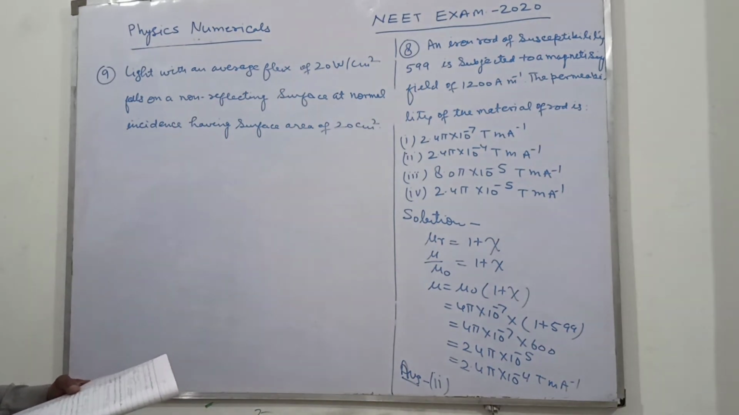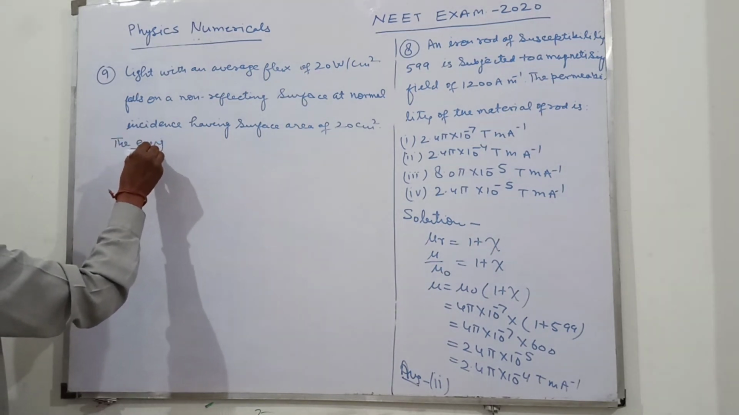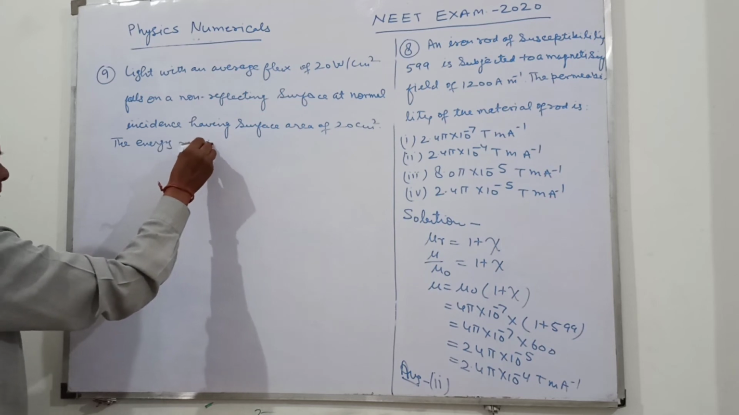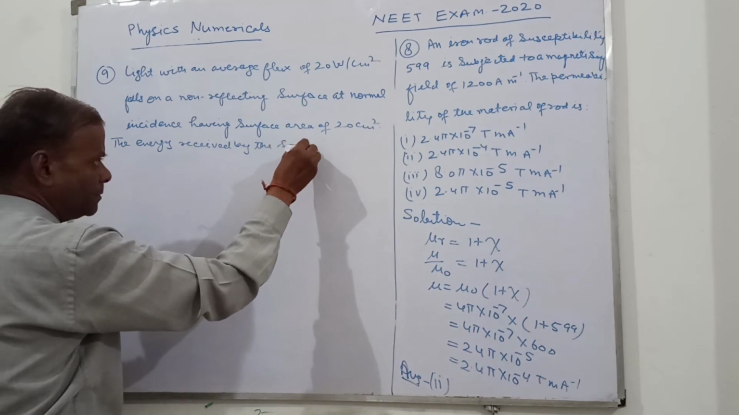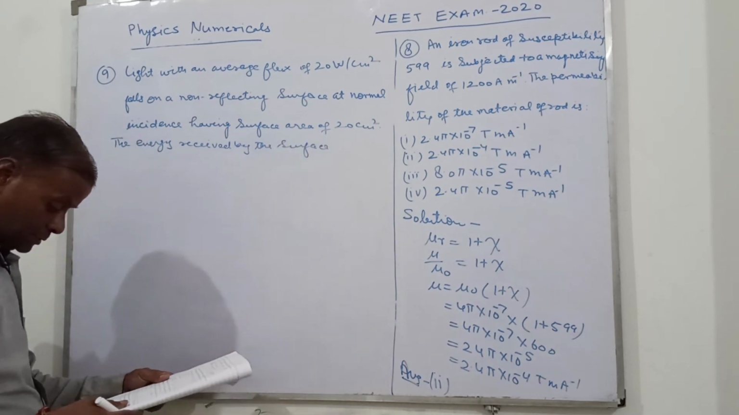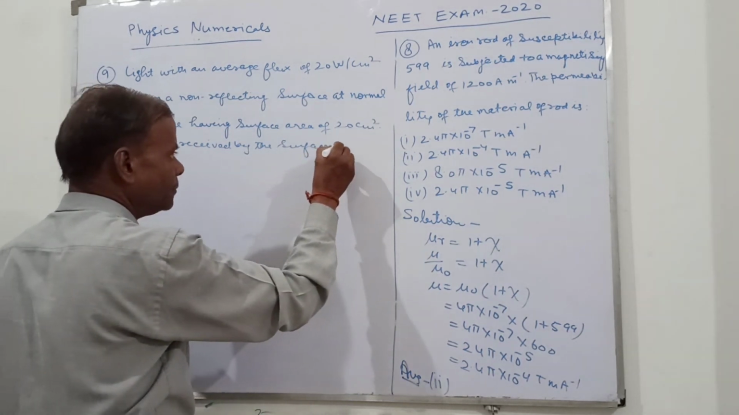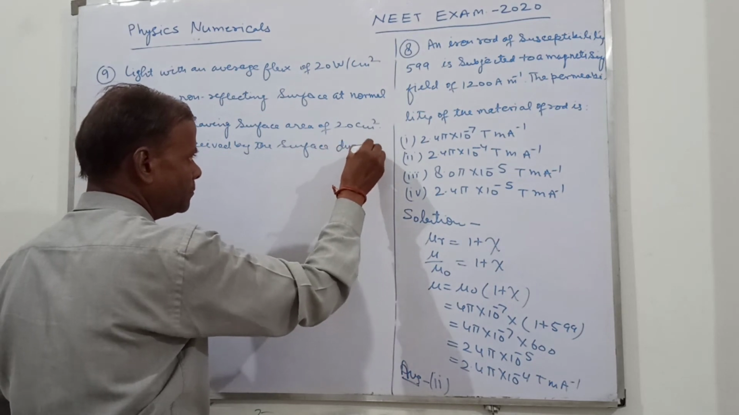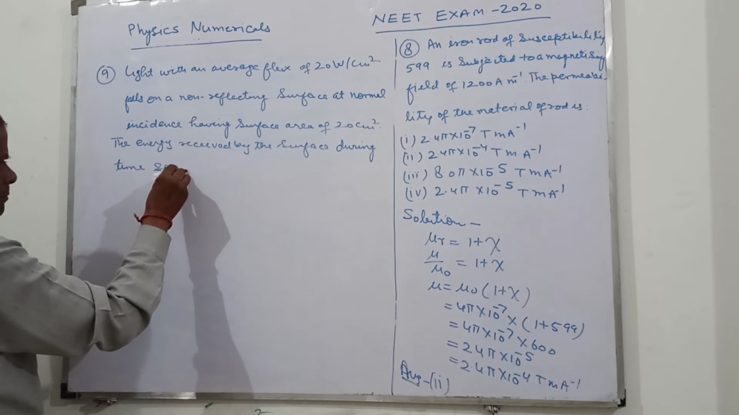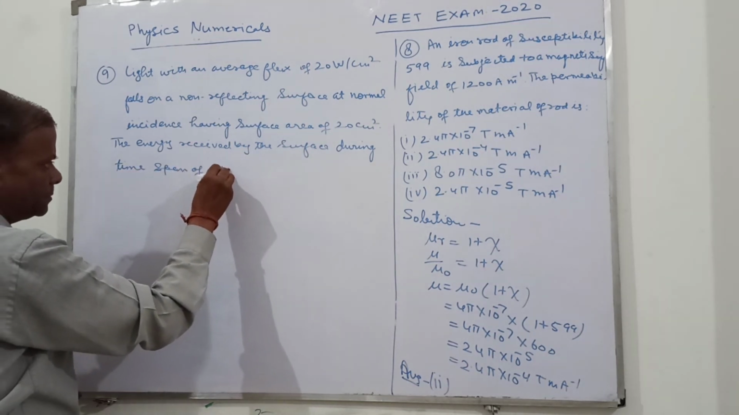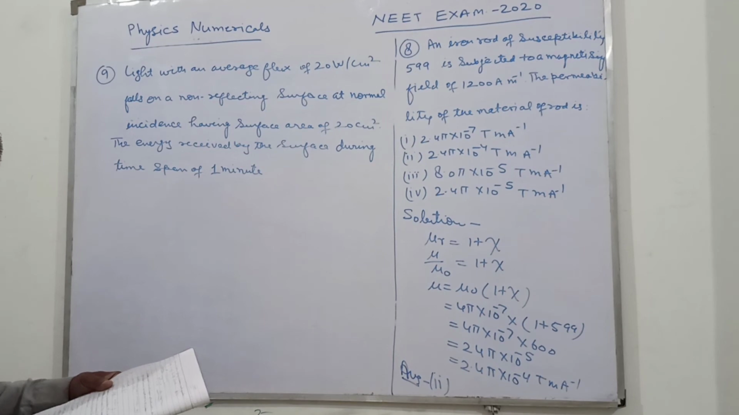The energy received by the surface during a time span of 1 minute is,